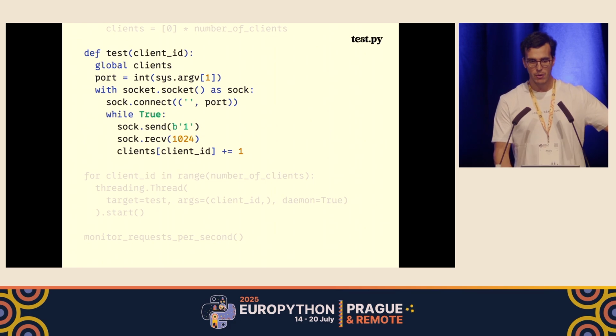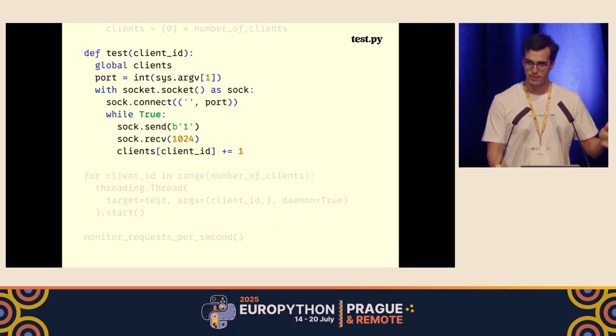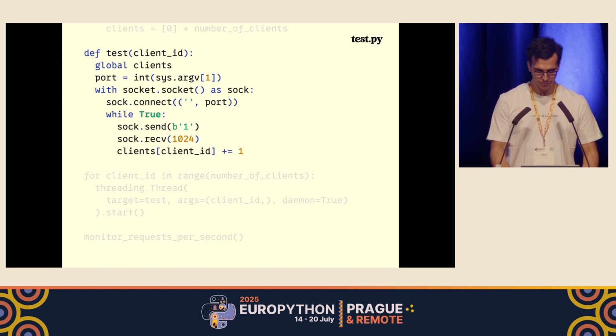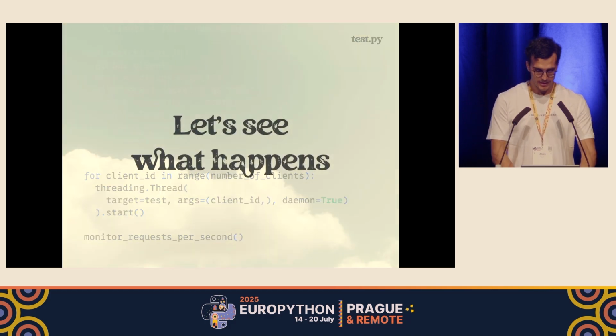That means by the time the monitor waits for 1 second, the number stored at that index in the list is going to be the requests per second on that client. And last but not least, these threads are going to be daemonic, and we're going to monitor them with a monitor per second function. So that's it. Let's see what happens.